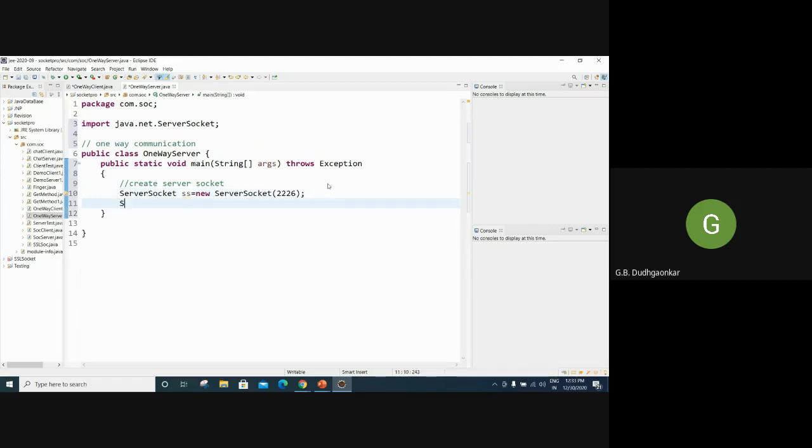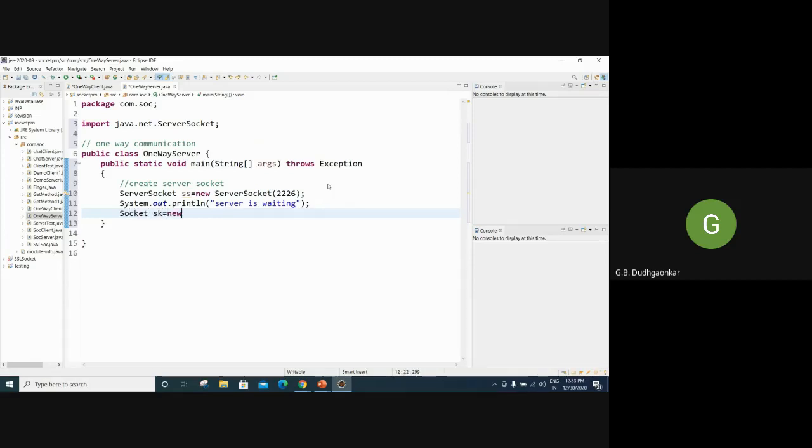Same, we can flash one message now. The server is waiting, and we can write anything just for your information. Server is waiting, okay. Now again, as I just told you, we have to create one socket to accept the client connection, so use the Socket class.